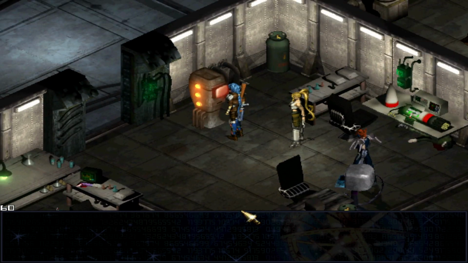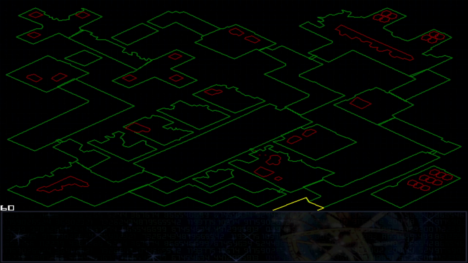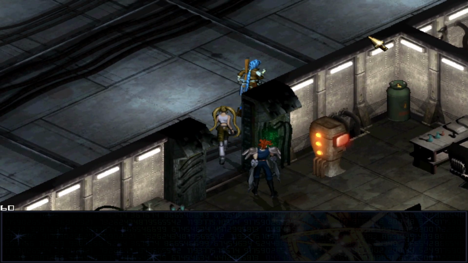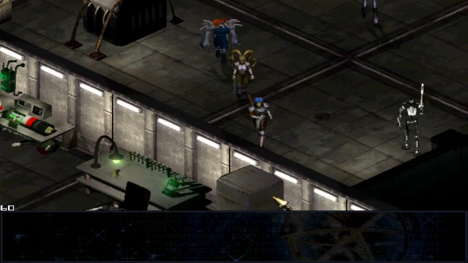The answer is that you can use it on any of these terminals and it'll open all of the red doors in the facility. Which is pretty handy, because otherwise we would have definitely lost a key item with no idea of how to get another one or open the other doors, so...